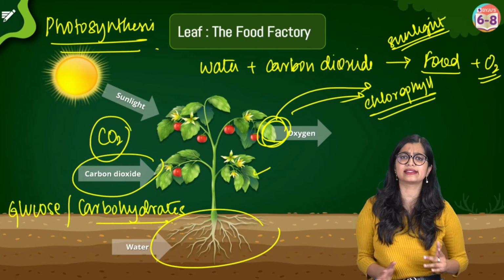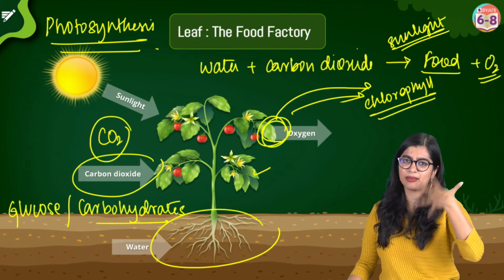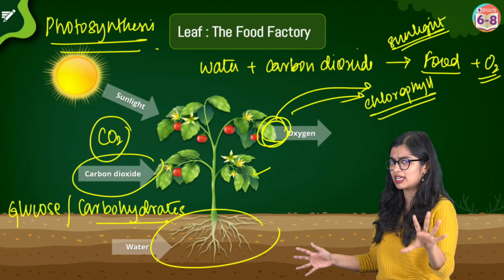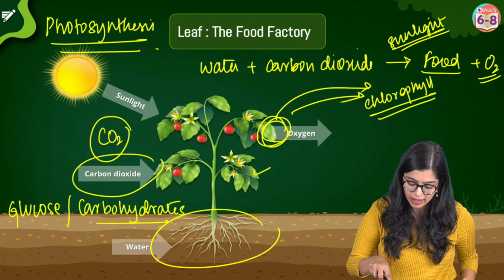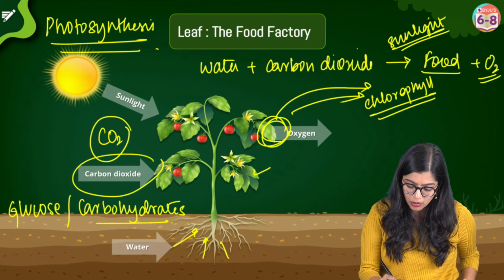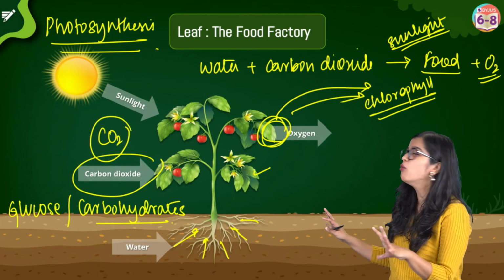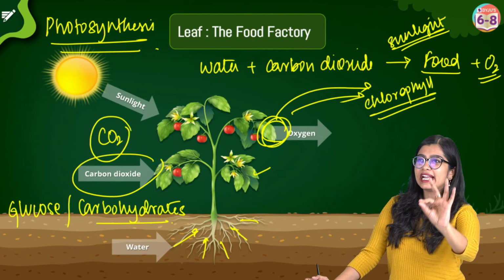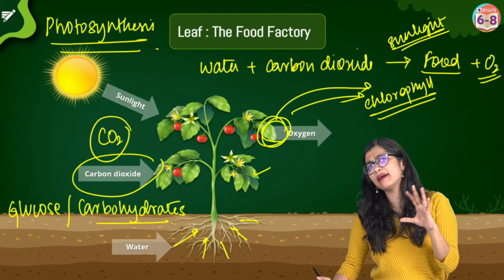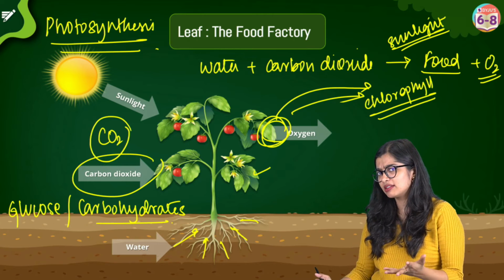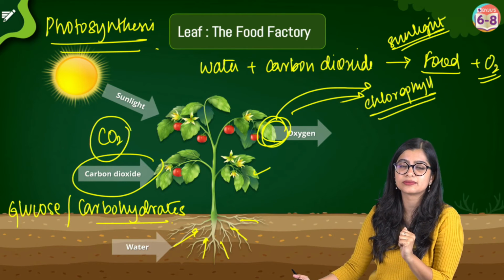Now, here's a very interesting thing. They require water, right? Carbon dioxide, of course, is coming from the atmosphere, but water is something I want to focus on. Water is getting absorbed by the roots, right? So, let me remove all the things that I've scribbled. Water is getting absorbed. Now, does the root know how much water to absorb? I need exactly 10 ml of water right now. Is there any mechanism like that? What do you think? That the roots absorb exactly how much the plant needs?